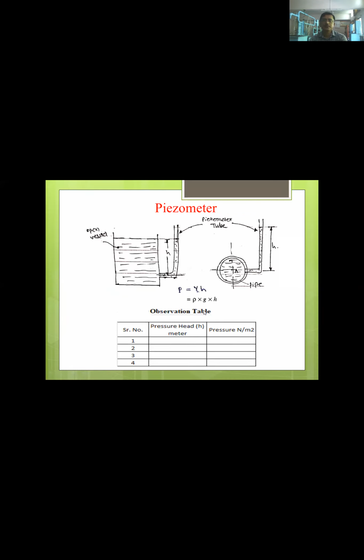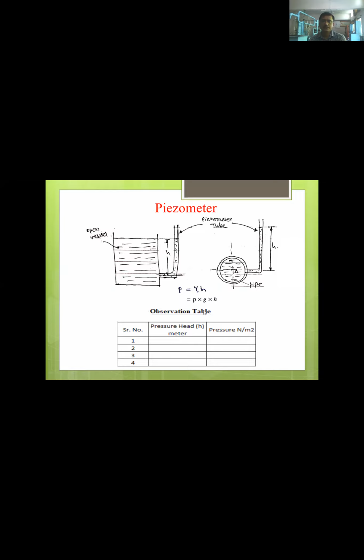measurement of pressure with piezometer. Measurement of pressure with piezometer. And then below that, title,